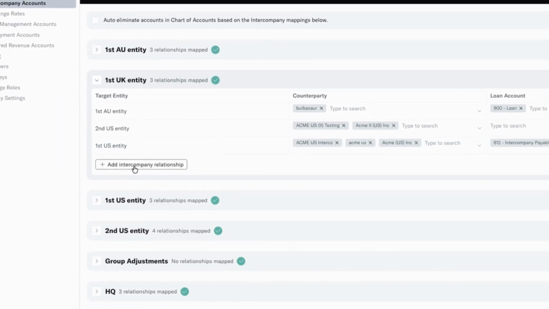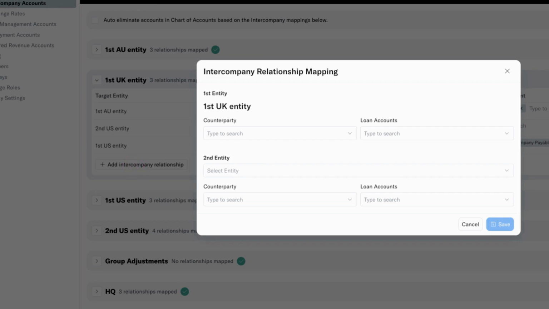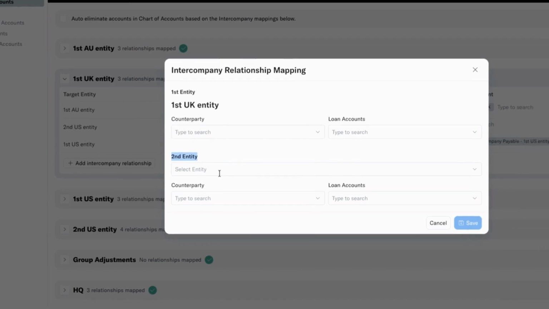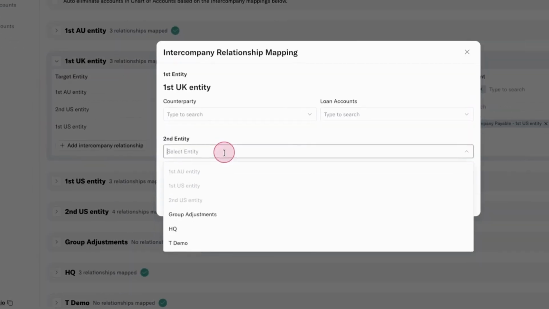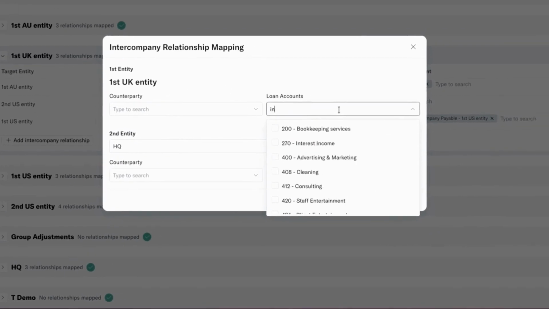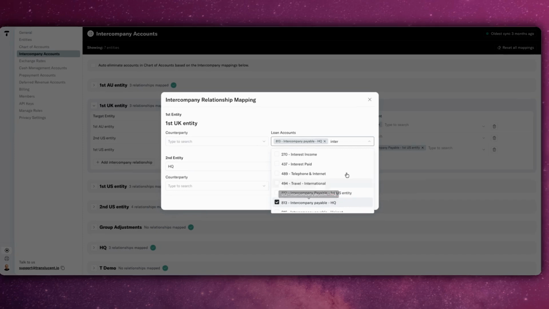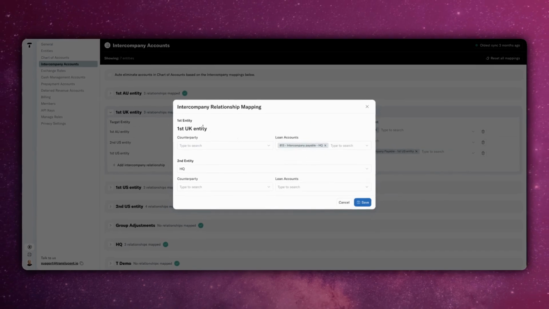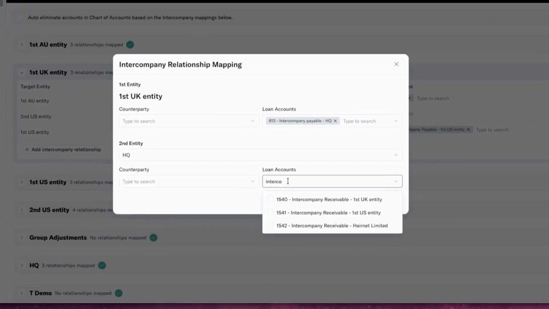To add a new relationship, we click Add Intercompany Relationship. We choose the entity we want to create the relationship with our UK business. Here, we add our headquarters. All we need to do is input the correct loan account that maps for each of the relationships. At the top, we map from the UK to our headquarters, and at the bottom, we map from our headquarters